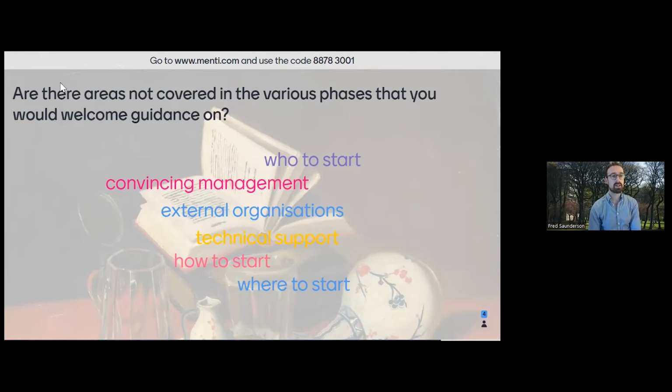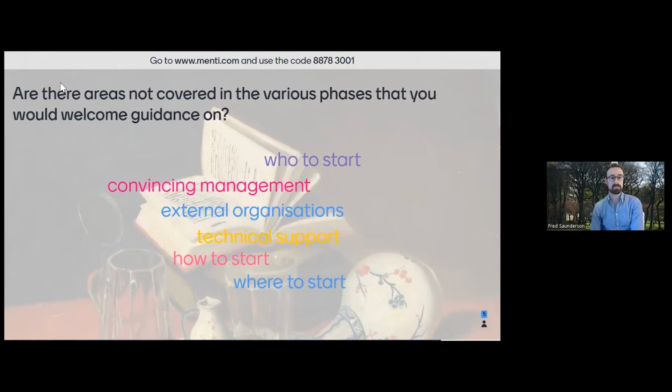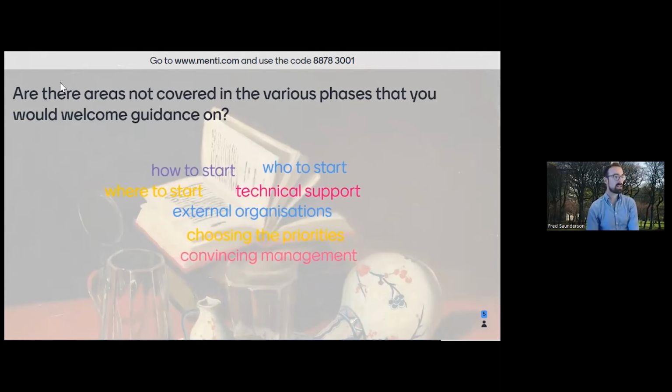So as I said, they're going to be really high level and general, because they're aimed at lots of organizations and they're really short. So they're not going to be hugely detailed, but possibly a small window into a start, how to maybe start conversations on specific objectives, about convincing senior management, for example, which I agree is a really key and challenging aspect of all of this. Yeah, definitely.